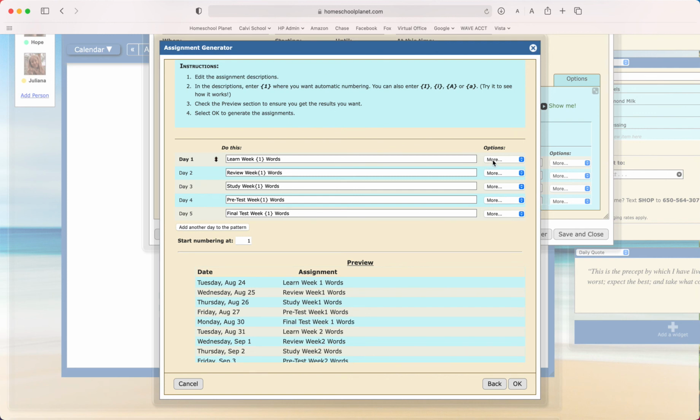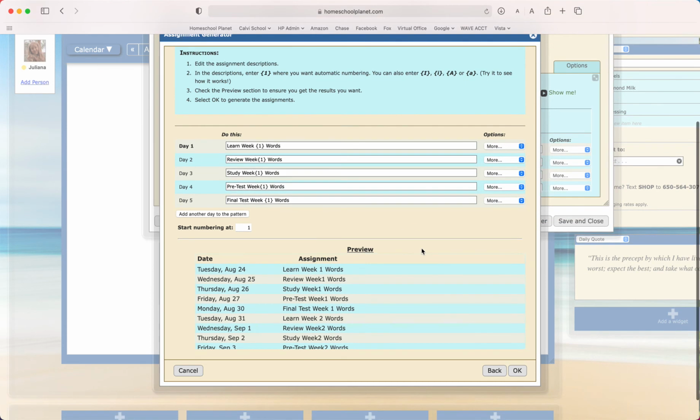Okay, now over here I can add reminders, I can add websites again or files, I can add a PDF, maybe I want to add the spelling form if this was not a weird math spelling hybrid. And then I can tell it where to start. We're going to go ahead and start numbering with week 1, but if I had put in 3, then I can just go ahead, pull this in, flip,